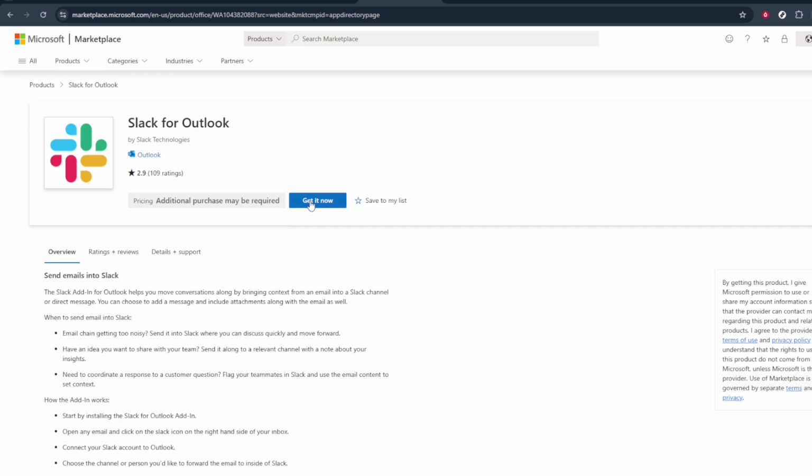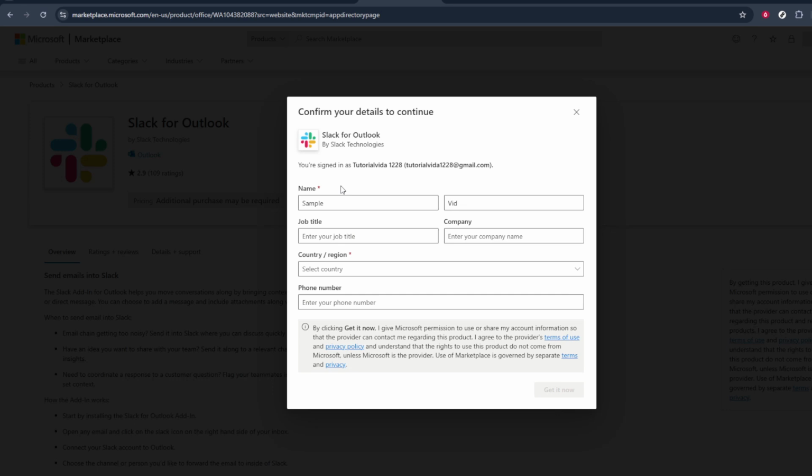When you're ready, click on the button that says Add to Slack. If your organization has app approval settings, this might trigger a request for admin approval. Otherwise, it will proceed to the connection steps. After clicking Add to Slack, simply follow the on-screen prompts. You'll typically be asked to sign in with your Microsoft or Outlook account, grant the necessary permissions,